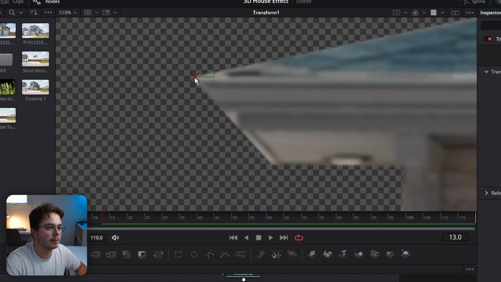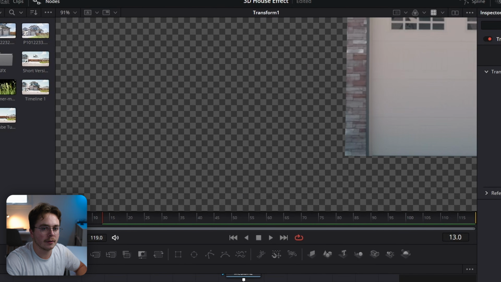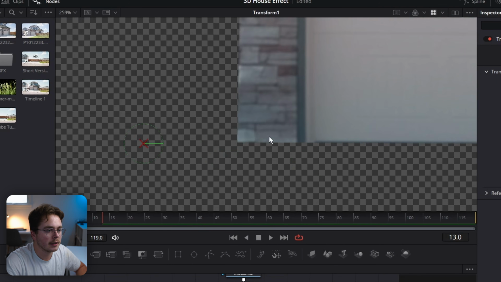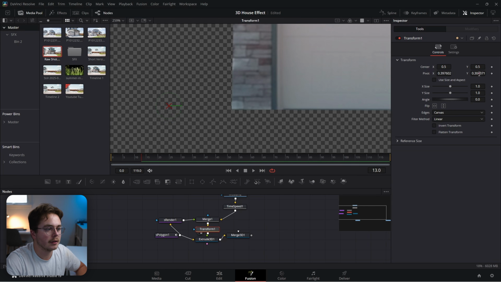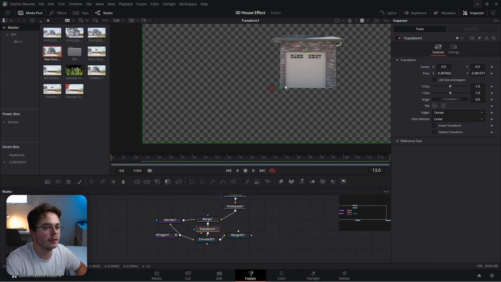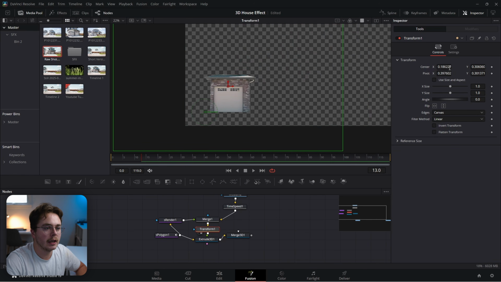So I'm gonna line it up with the left side of the house. Then I'm gonna go to the bottom of the house or bottom of the garage and just bring the Y depth value down until I see it, line it up with a checkerboard, and that's perfect right there, perfect. And now what we can do is we can take our center and drop it down to the bottom right